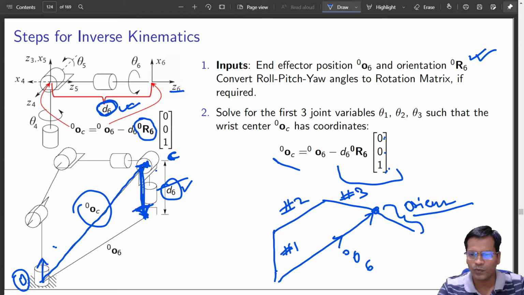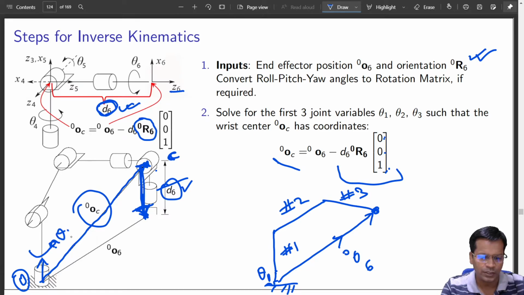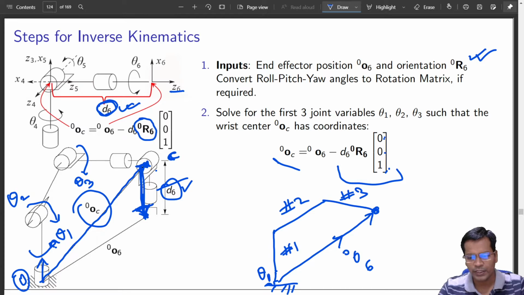So I have excluded orientation from my problem. Now it is a positioning problem. So it is just a 3-link robot with the first degree of freedom, vertically upwards, theta 1, that comes here. Next is this degree of freedom, theta 2. Next is this degree of freedom, theta 3. So it is a 3 degrees of freedom system: theta 1, theta 2 and theta 3. This is nothing but the 3R spatial robot which we have done earlier.